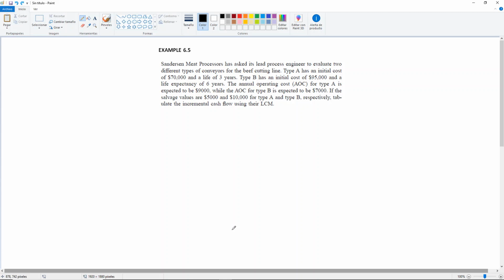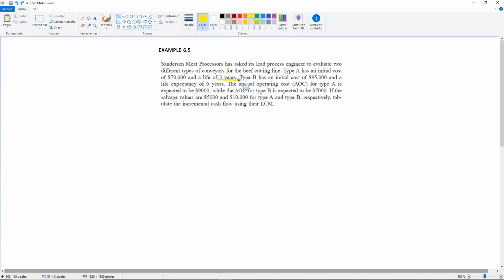The annual operating cost for Type A is expected to be $9,000, while the annual operating cost for Type B is expected to be $7,000. If the salvage values are $5,000 and $10,000 for Type A and Type B respectively, tabulate the incremental cash flow using their LCM. Okay, so one thing that we need to point out in this example is that for Type